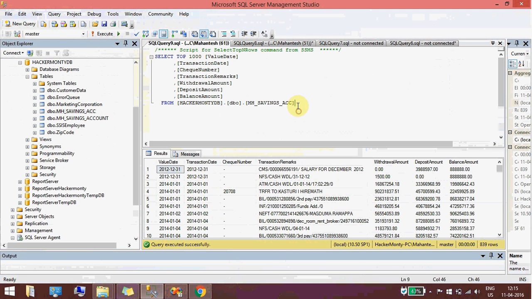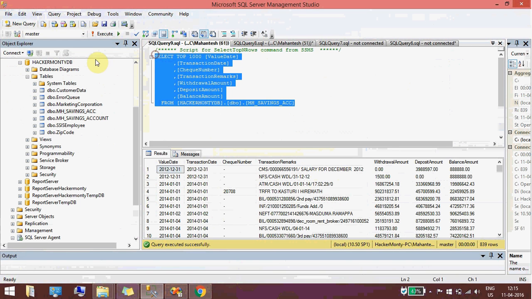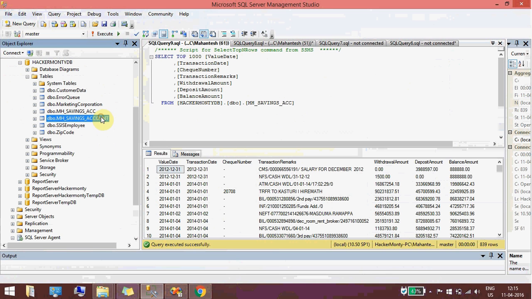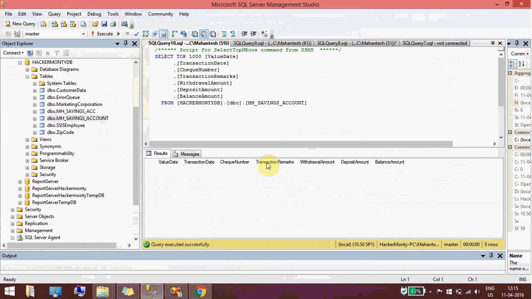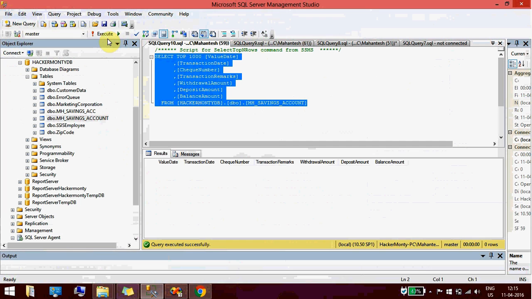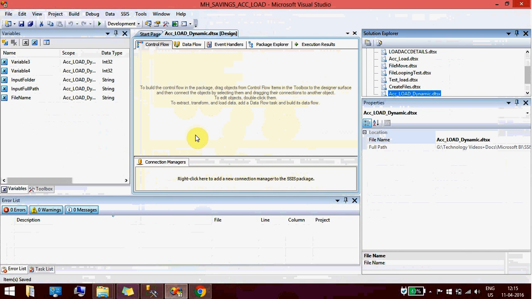Just observe here, this is what I have used now. I loaded the data in this table, and in the similar fashion, there is no data in this other table, right? So we'll load this using the same job.